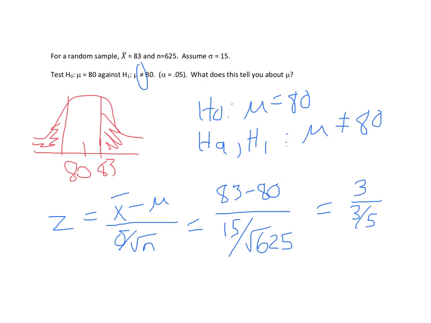So when I bring it up, I actually have 5. All right, so that's huge. And you can check it again if you want to, just to make sure my math is right. Okay, so 15 divided by square root of 625. Invert that, multiply it by 3. It is in fact 5. So a z of 5